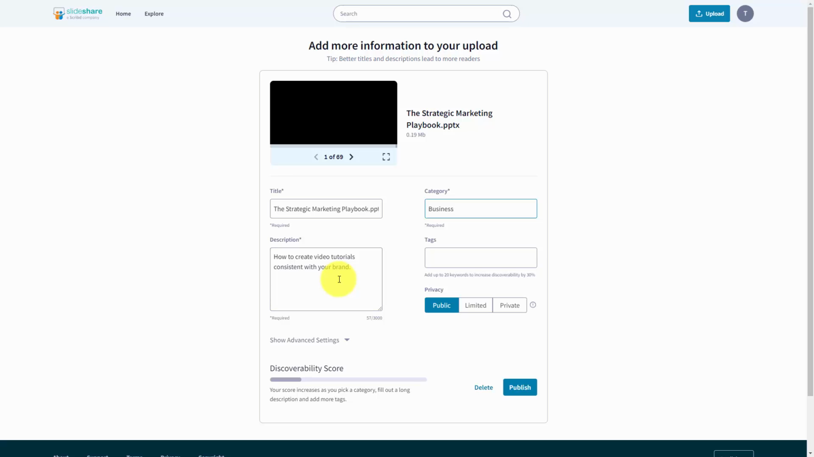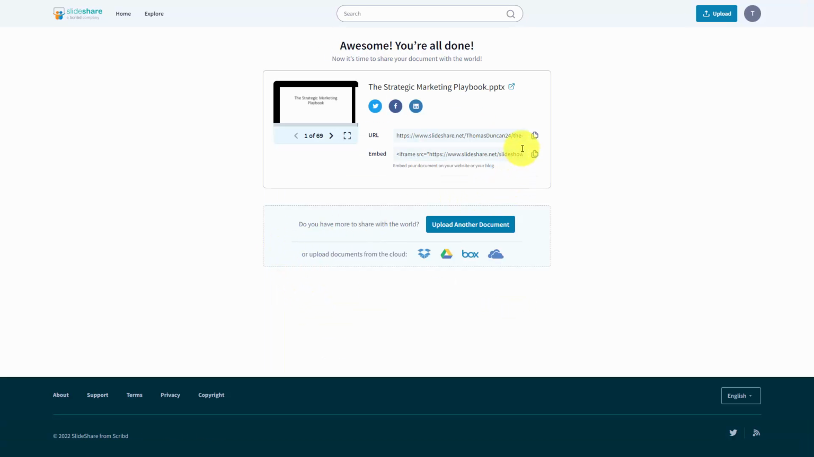When you are ready to publish your content, you can then click Publish. And your document then has a URL that you can share just as you would another blog post. So you want to use your document sharing sites with alternative forms of the content that you are using on